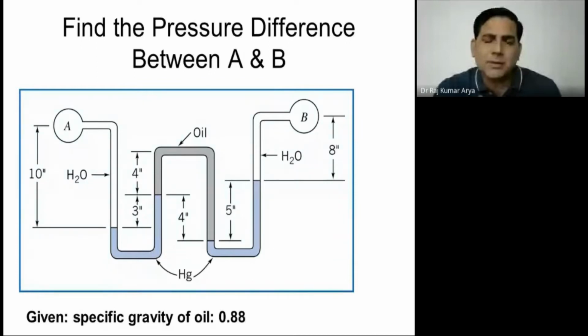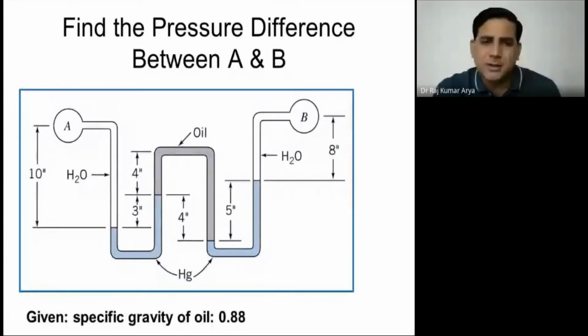So in that case, you have to use a lower density fluid if you want to increase the delta h. Why do we do that? Just to make the measurement more accurate. Sometimes a common fluid gives a height of, let's say, 1 meter delta h, and that is also not easily visible. You have to have more length, so in that case you have to use a high density fluid.